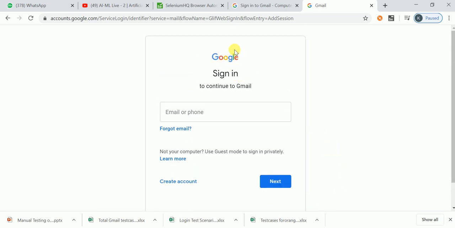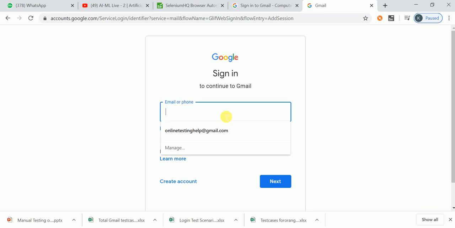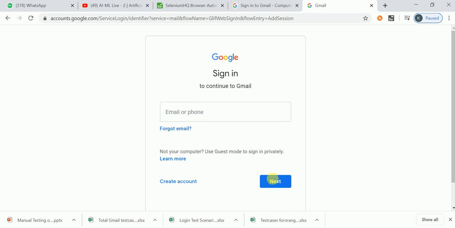Each thing you are verifying, that is a GUI test case, because you are verifying here the functional part. Okay, coming to the functional positive, tell me what are all the test cases. Enter valid phone number or email and go to the next, enter password, click on next, user is able to log in, signing in successfully or not, we need to verify. That is a positive test case. That is only the positive test case, functional positive.